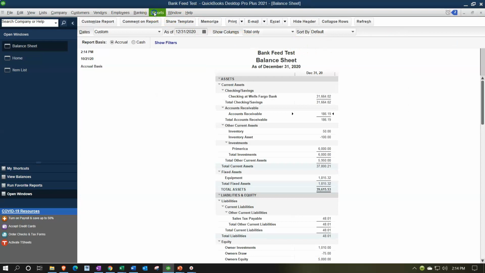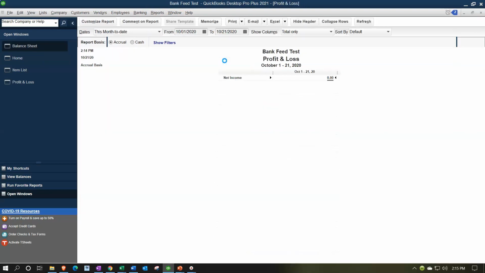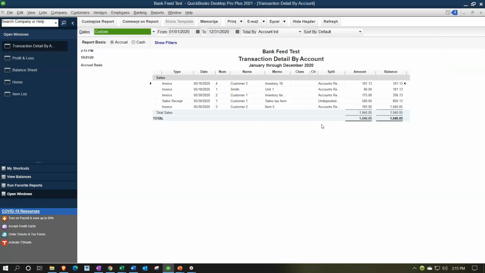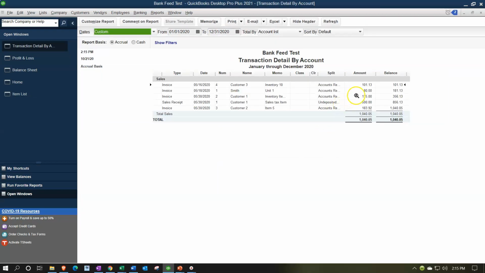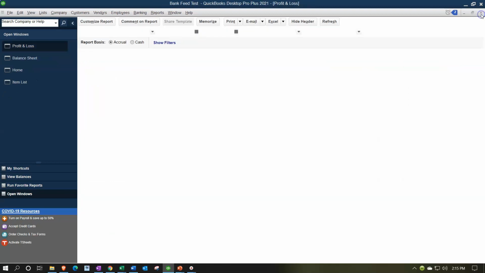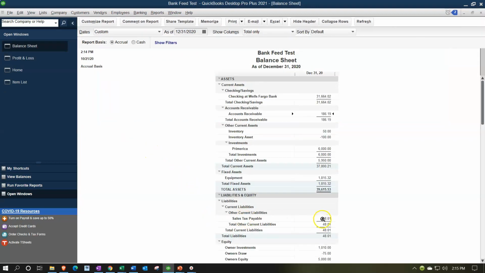Okay, so we'll close that back out. The other side is going to be on the income statement. Reports drop down, company and financial statement, profit and loss report, changing the dates up top from 01/01/20 to 12/31/20. That's going to be in the sales item. Double clicking on the sales item, we see it for only the 101.13, not including the sales tax. And then the difference of the sales tax would be tracked for us in this method by going to the balance sheet and the sales tax payable account,